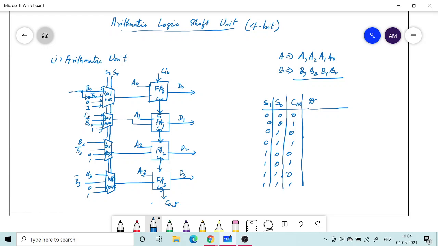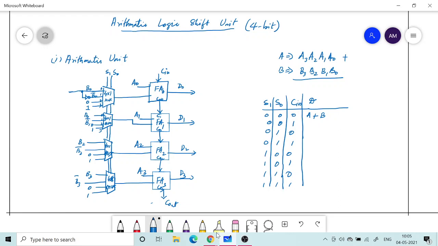So for the full adder, one input is A and the other input is B, and right now the carry is 0, so I will get basically A plus B. Okay, so that's the operation. So D will contain the sum of the two numbers A and B. Okay, so it is just doing a plus operation like this. So that's what you will get if all these opcode bits are 0, 0, 0.